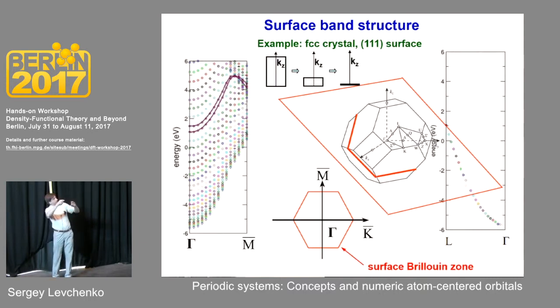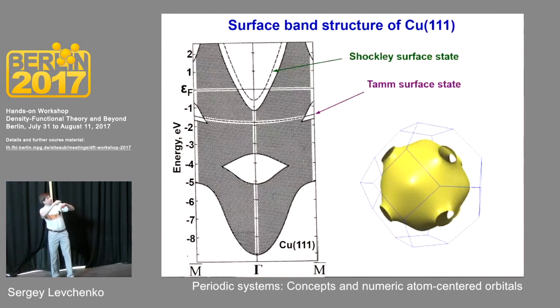And then we calculate the bulk electronic structure at different k points along the kz direction in the bulk, right? In this way, we obtain a whole range of energies which are filled with bands from the bulk. And then we do the surface calculation, and what we obtain is something like this. So there are regions of energies that are filled with bulk bands, but then there are surface states which appear in the regions where there are no bulk states, right? And so these surface states,